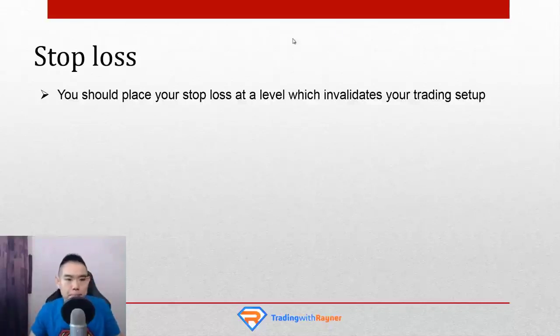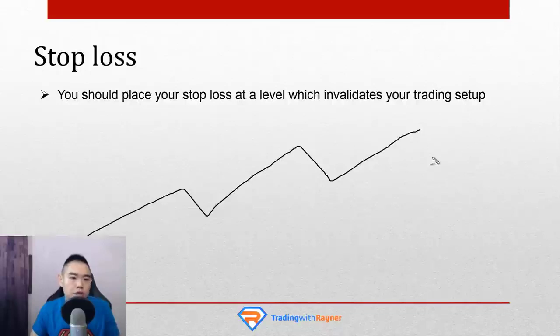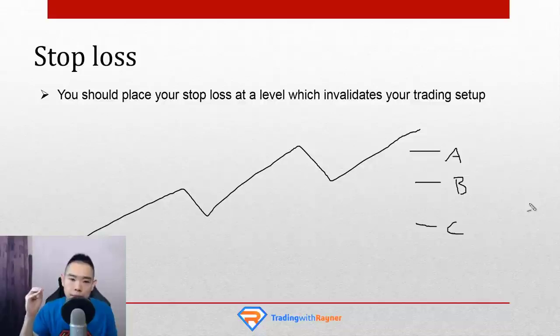Let me ask you, if you look at a trending market in an uptrend, at which point would you say this uptrend is invalidated or destroyed? Will it be here? Let's call it point A. Here, point B. Or here, point C. A, B, or C. Take 3 seconds. 1 to 3. Well, if you ask me, I would say the level that this trend will get invalidated